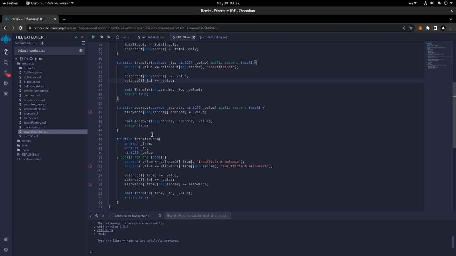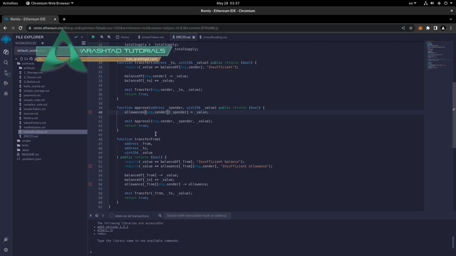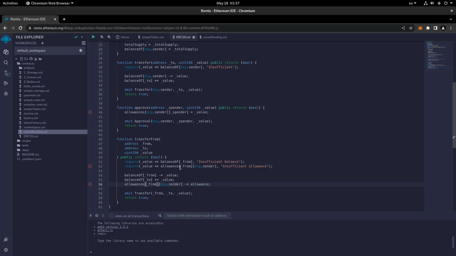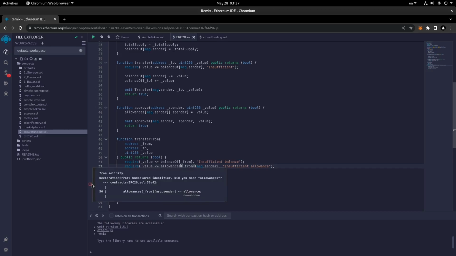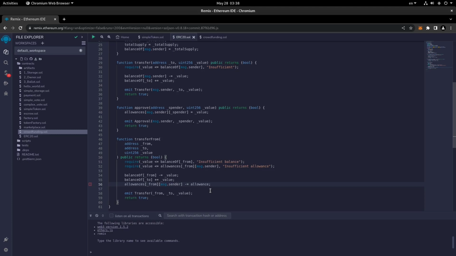We have, did you mean allowances? Yes, that is the allowances, not the allowance, because it relates to that one. Also here for this. Now let me check another time. So I think here should also change to allowances. I need to check this.